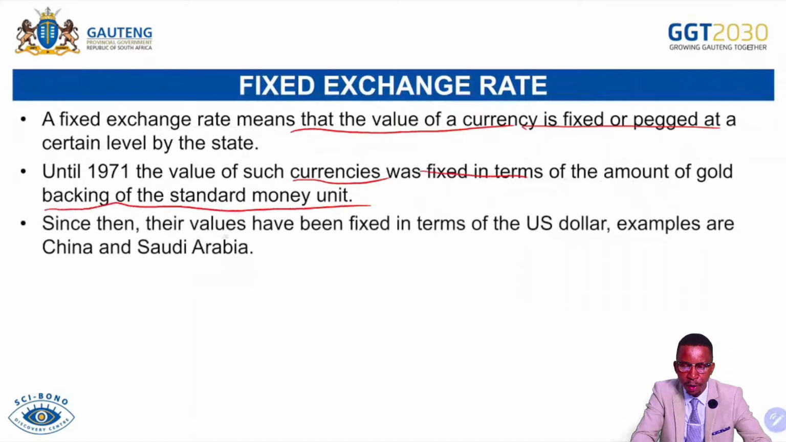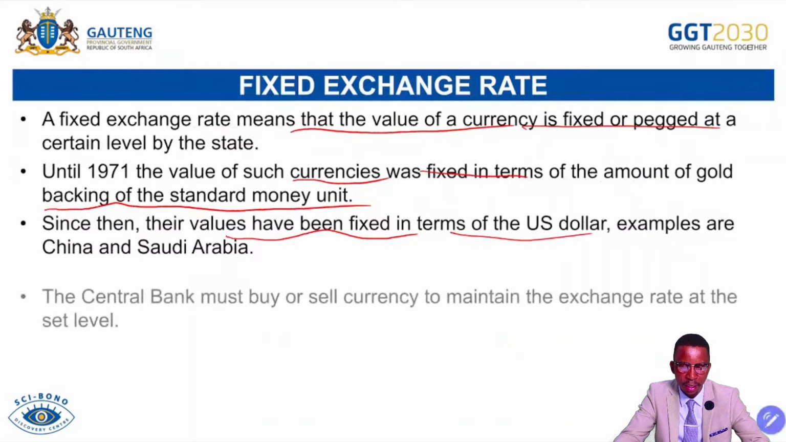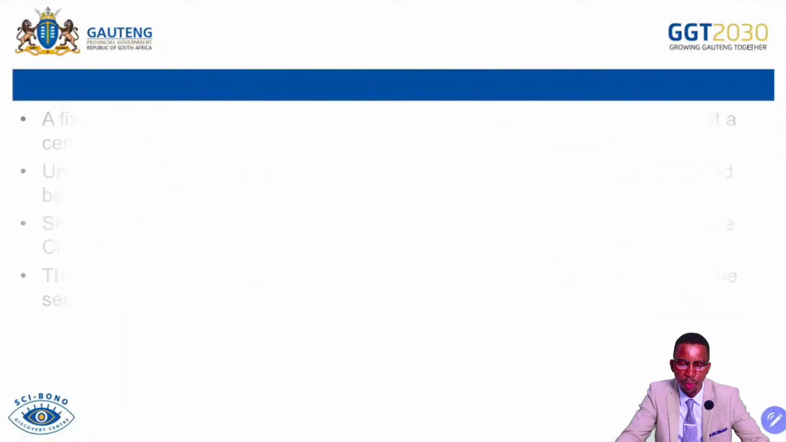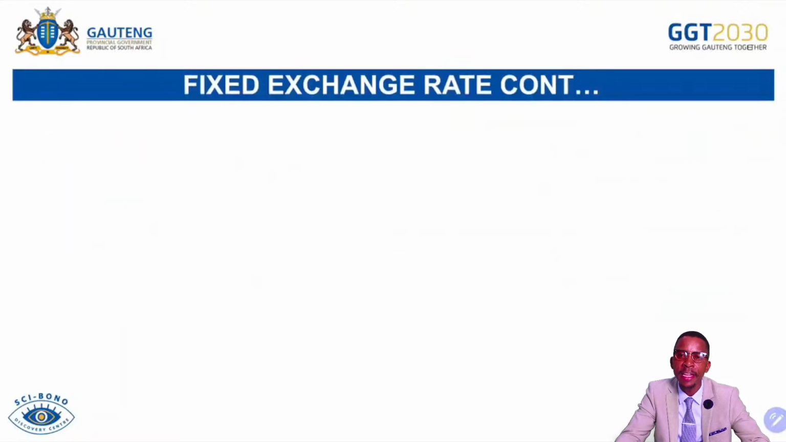Since then, the value has been fixed in terms of the US dollar. Examples are the Chinese and Saudi Arabian currencies. The central bank must buy or sell currency to maintain the exchange rate at the set level. So that's when the state intervened by setting the currency to remain at a certain level for a certain period